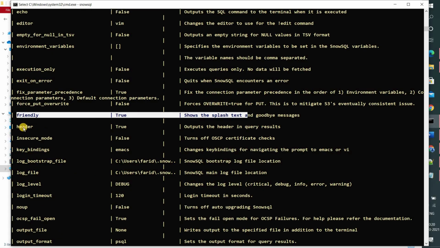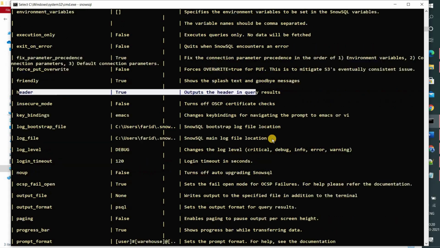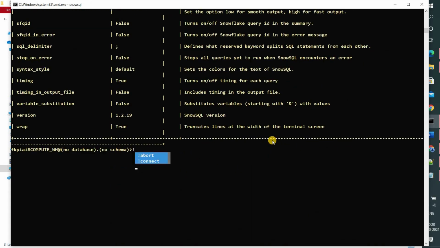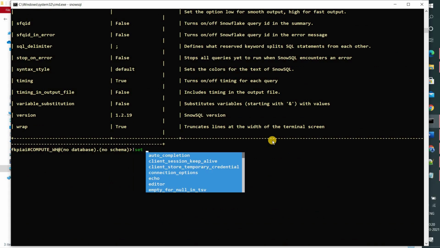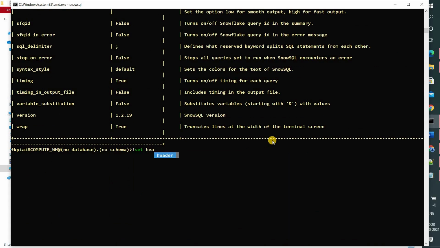Then header: if you don't want the header for your results, you can set header is equal to false. So let's run a SQL statement.